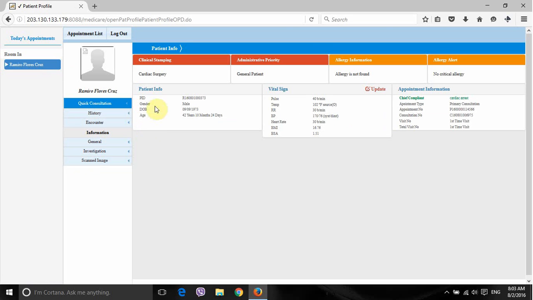We can see the chief complaint given by Ramiro is cardiac surgery. The administrative priority, he is just a general patient. Any allergic information was not provided. Allergy alert, no critical allergy was stated. Since the allergy information was not provided, we get the vital signs which the nurse entered in here, the summary of the vital signs which the doctor can easily see. The patient's